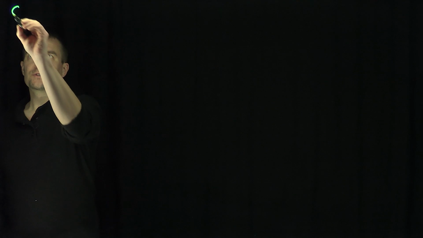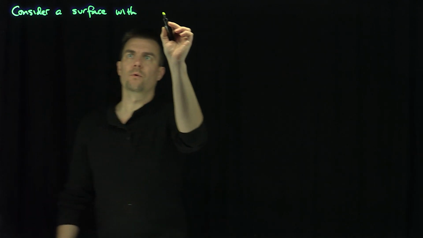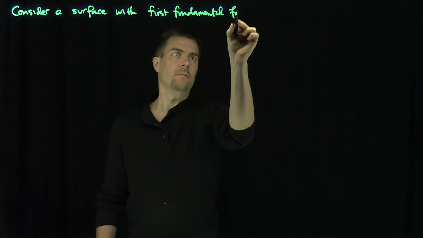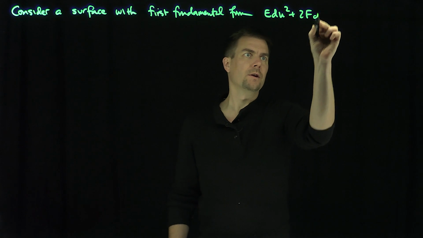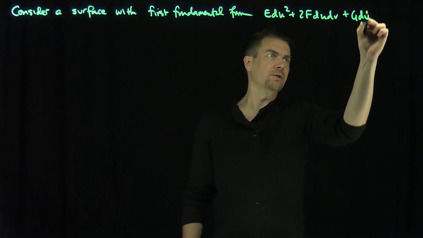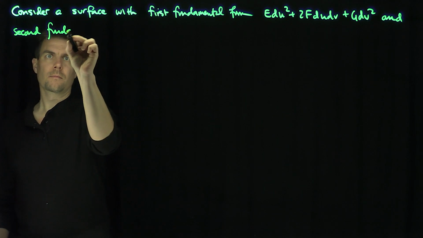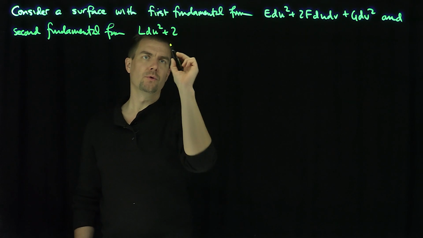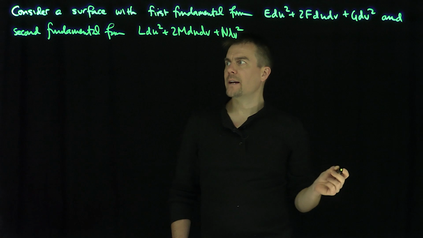Hello students, in this video we'll construct the Weingarten matrix. Let's consider a surface with first fundamental form E du squared plus 2F du dv plus G dv squared, and second fundamental form L du squared plus 2M du dv plus N dv squared, and construct